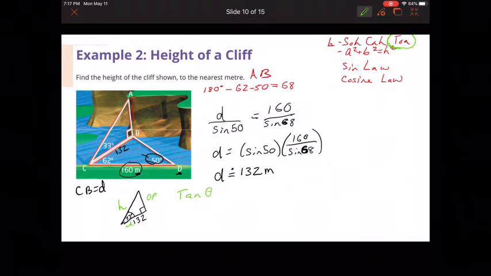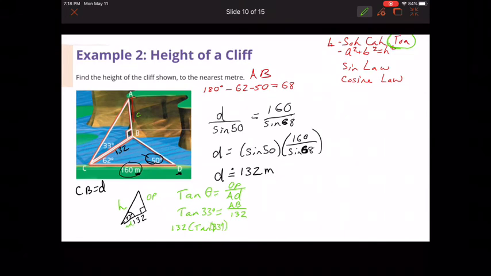So tan of any theta equals the opposite over the adjacent. So tan of 33 degrees equals my opposite, which in this case is AB, or I could also call it little c, since this is opposite big C, over top of my adjacent, which is 132. Multiply both sides by 132 to get it over to the other side, equals AB. So AB